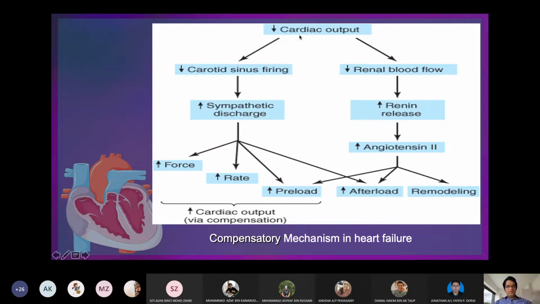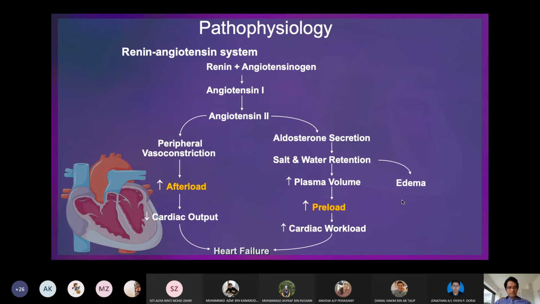In heart failure, we already decided cardiac function is subnormal. Blood pressure is not enough to meet the metabolic requirement of the body, so there is a decreased cardiac output. Once you have decreased cardiac output, you have two compensatory mechanisms: neuronal and hormonal. Both increase, trying to increase cardiac output and venous return, which worsens the heart condition even further. So in an acute onset heart failure patient, these compensatory mechanisms are going on. If we get the patient in the acute phase, we really have to